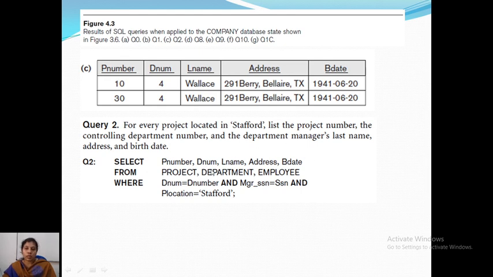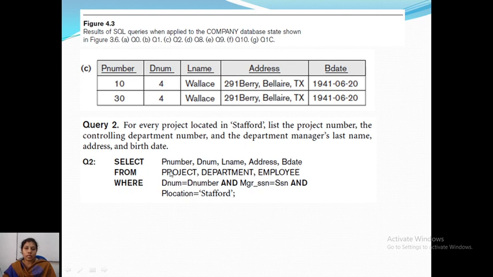So in the select clause, we will include project number, that is P number, then DNUM, the controlling department number, and the department manager's last name, address, and birth date. All employee information is in the employee table, so I'll just write L name, address, and birth date.